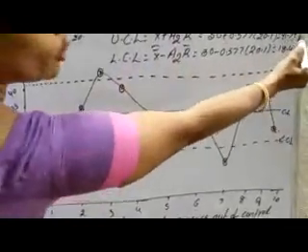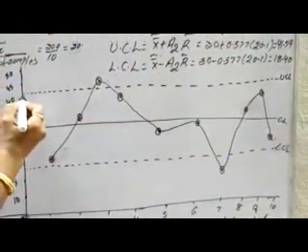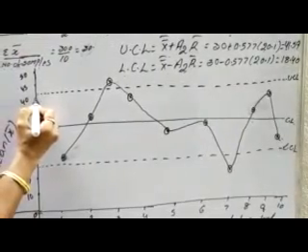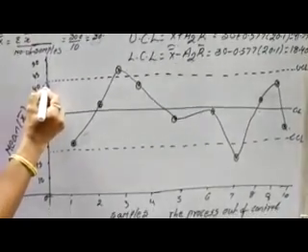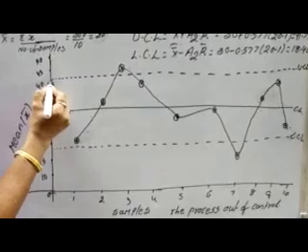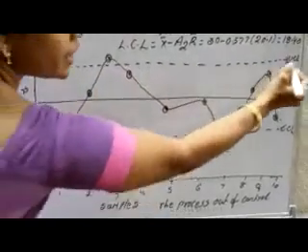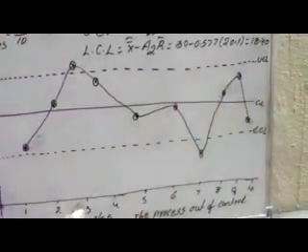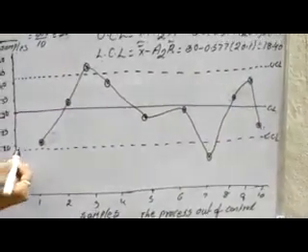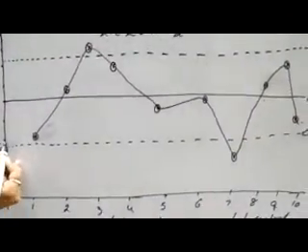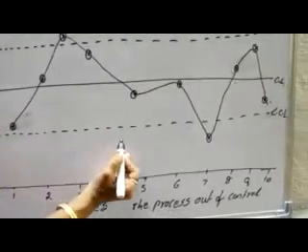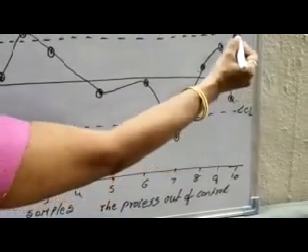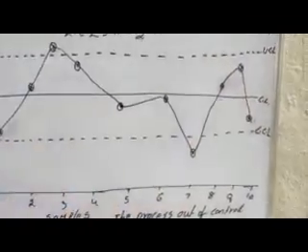The upper control limit, 41.59, is nearly equal to 42. Between 40 and 45, 42 is there. The upper and lower limits are represented with dotted lines. The lower control limit, 18.40, you can take as 18. 18 is between 15 and 20, also represented with a dotted line. Therefore, we have the control limit, the upper control limit, and the lower control limit.